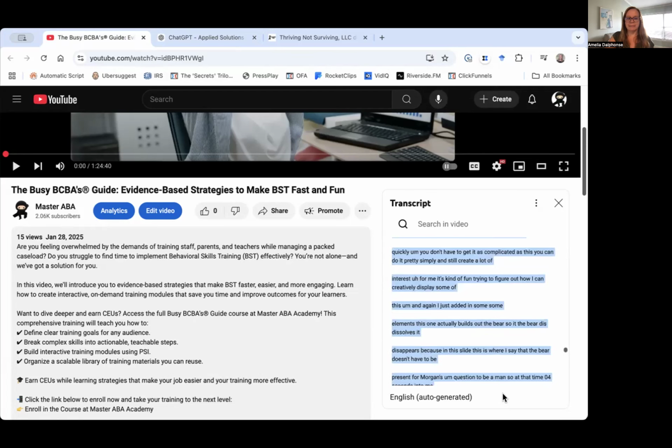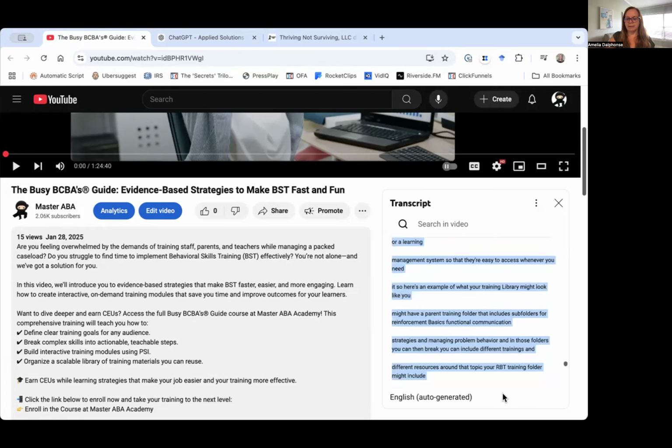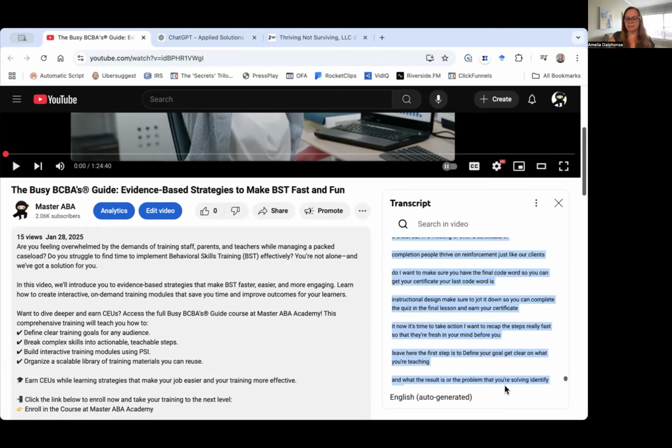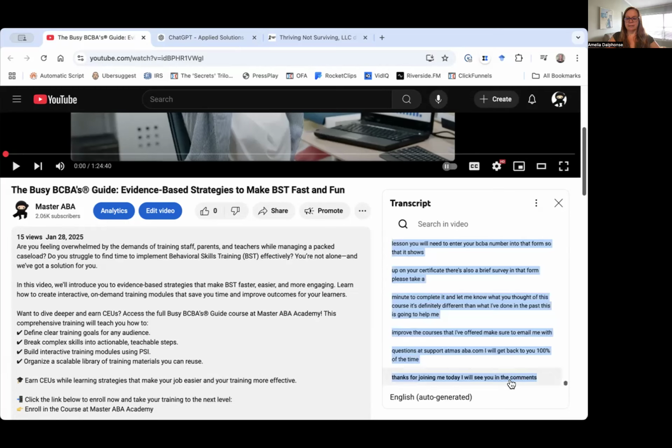It takes just a minute because this is a video that's an hour and a half long or so. Once I get to the bottom, I'm going to make sure it's all highlighted. I'm going to do Command C because I have a Mac. But if you're on a PC, I think you're going to right click or Control C. So I'm going to copy this transcript and put it into my new GPT,